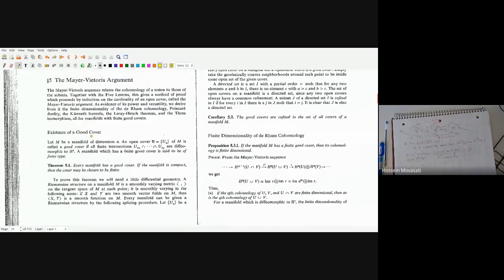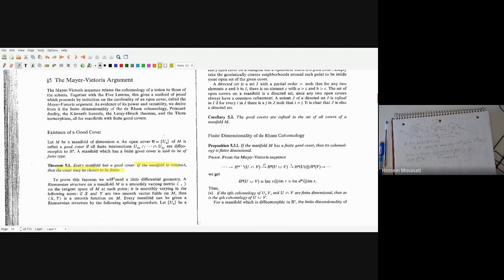The statement is there: on a manifold, an open cover is called a good cover if all the intersections are diffeomorphic to R^n, and so on. And then Theorem 5.1: every manifold has a good cover, and if the manifold is compact, the good cover can be taken finite. This is also very important for us because